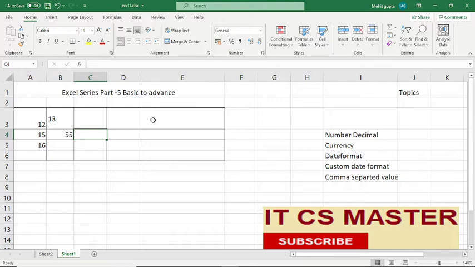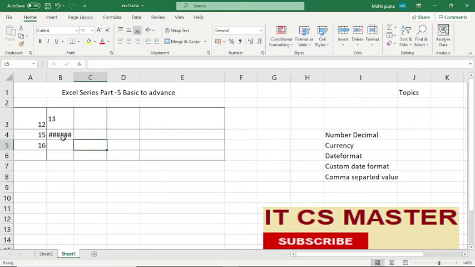First, you can go directly to the Home tab, and here you can see the number option. Just select increase and decrease decimal. Suppose I select 55 and then go to increase decimal. Here you can see I clicked one time and one decimal point has been added. Again second, third, fourth, similar. So I hope it is clear.